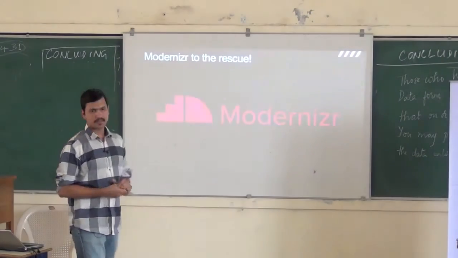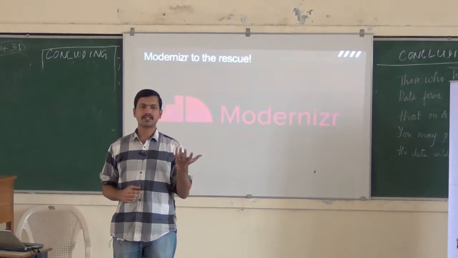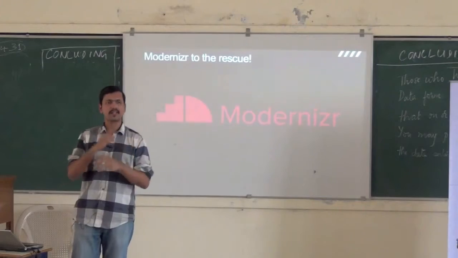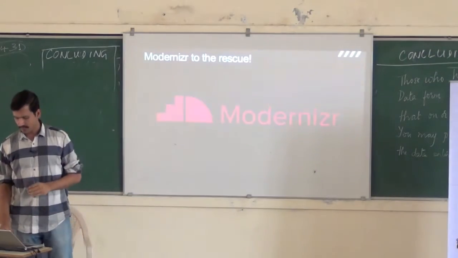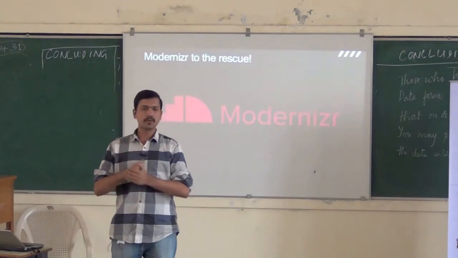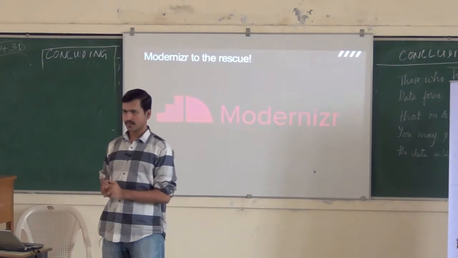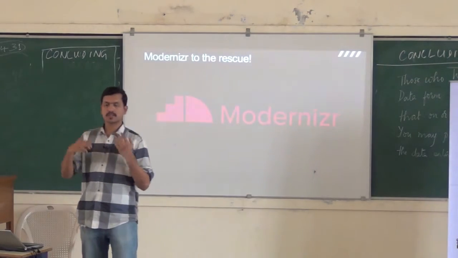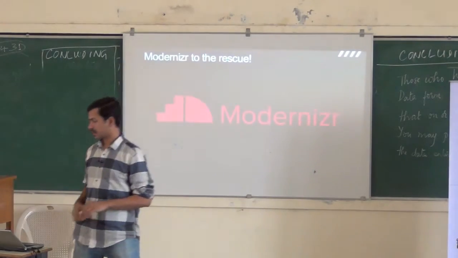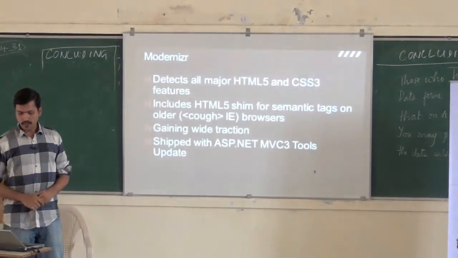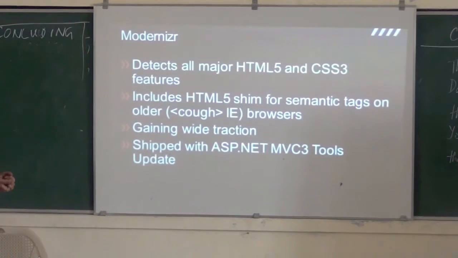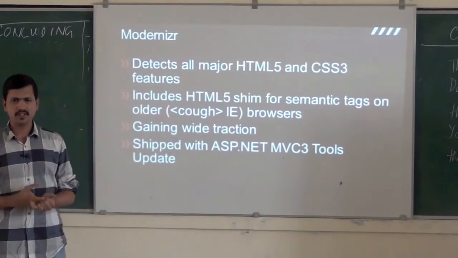That's where Modernizr comes to the rescue. So Modernizr is this JavaScript library that allows you to deal with this whole problem of feature detection in a very elegant fashion. That gigantic piece of code that you saw was code to detect whether the current browser supports CSS3 font-face. CSS3 has this feature called font-face, which allows you to use custom typefaces. So that code was to detect whether the browser supports that or not. Modernizr is an open source library hosted on GitHub, which allows you to do feature detection with very simple code.